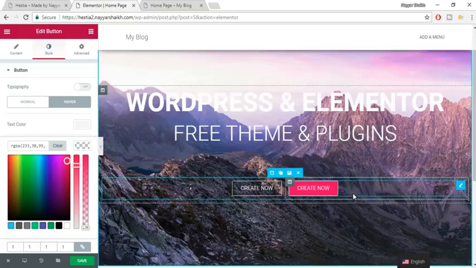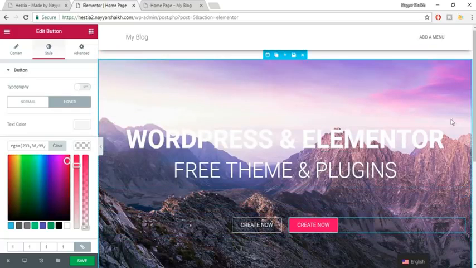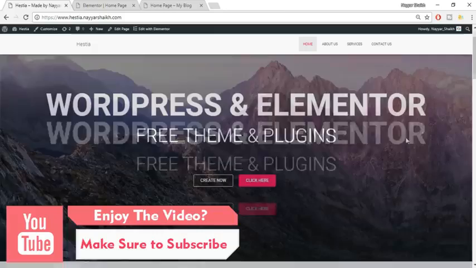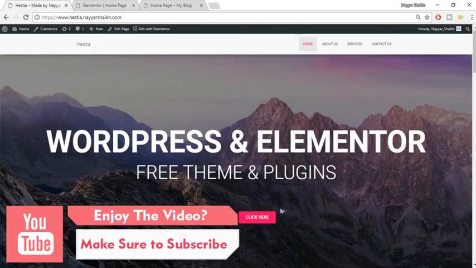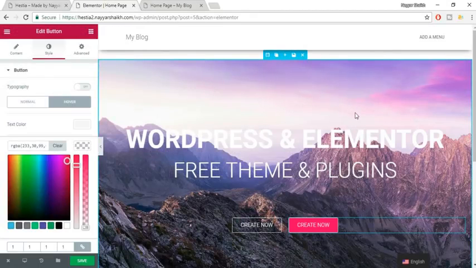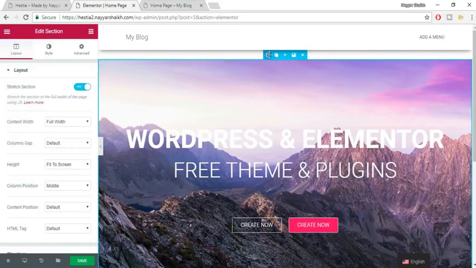Now if you also notice, the background image is very light, and we cannot see this white text, whereas here we can easily and clearly see the text, button and so on, and the background image is not that light, it is darker. There is a very simple way to do that. Again, hover this, and click on this section to make some changes to this section. Go to style,